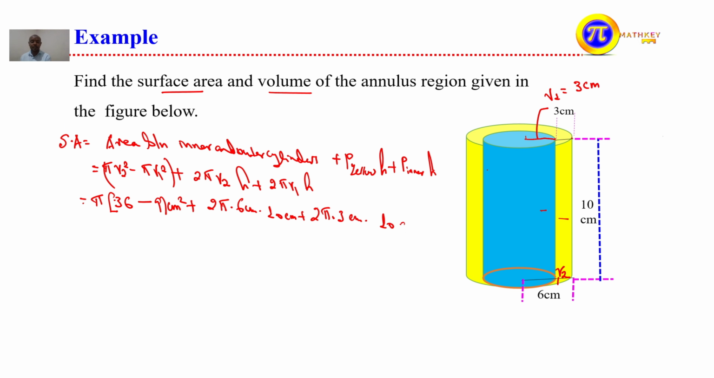The same. That is 10 centimeter. We can consider this. So, 36 minus 9 is what? I think this is 27. So, this becomes 27 pi centimeter square. Plus,